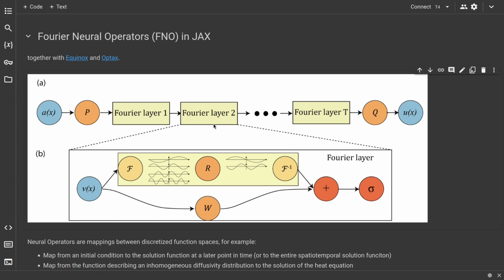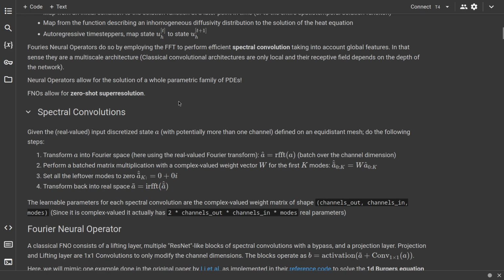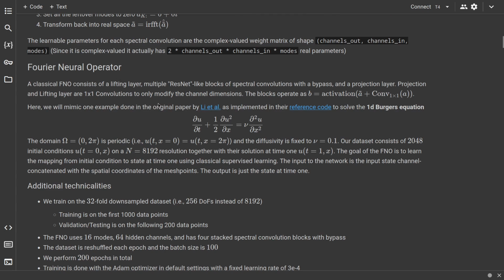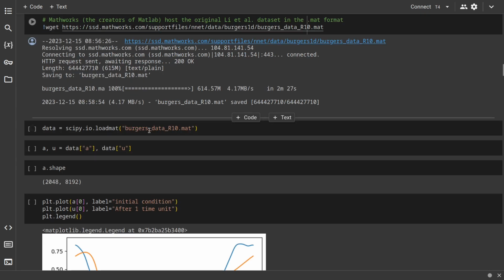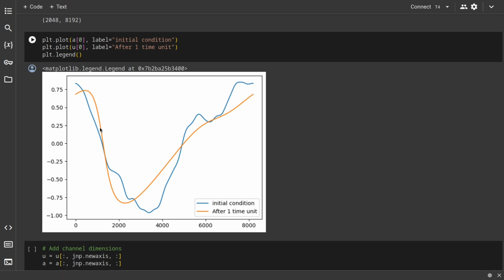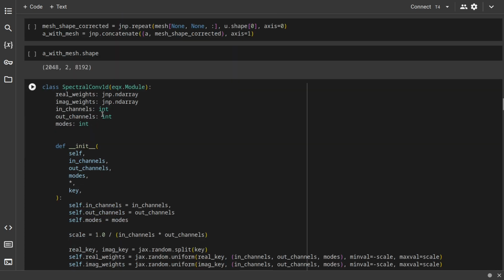In this video, we will implement a simple one-dimensional Fourier neural operator in JAX to solve the one-dimensional Burgers equation. For this, we will look at the theory of FNOs and the particular problem. We will obtain the dataset, investigate the dataset of the Burgers solution, implement the Fourier neural operators, including the spectral